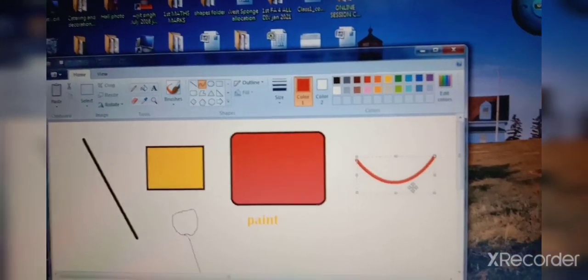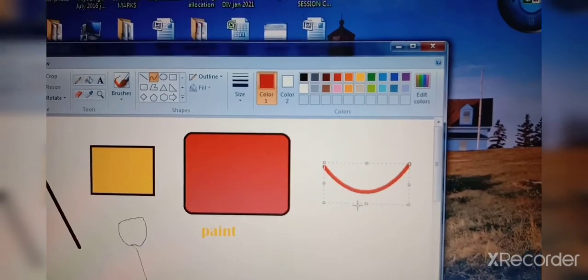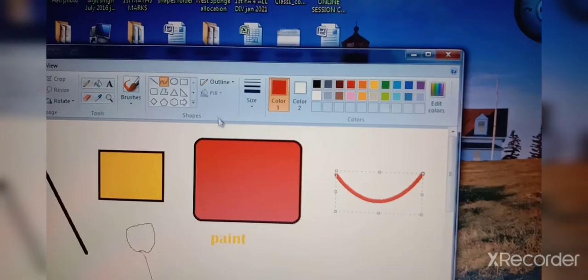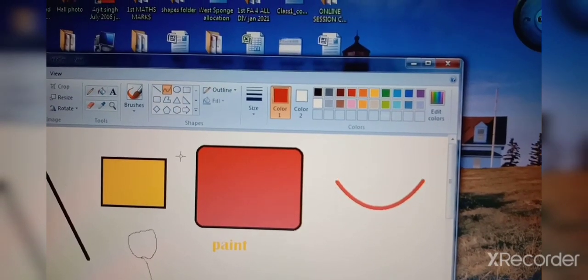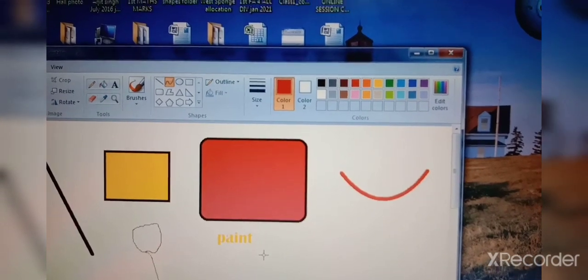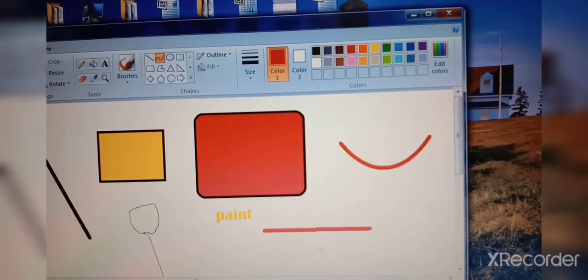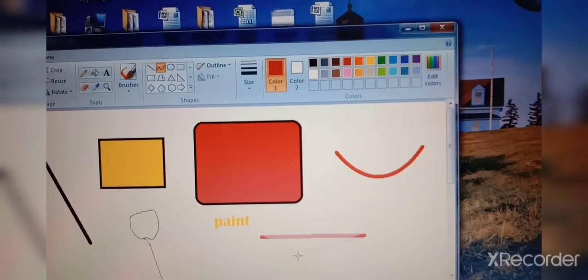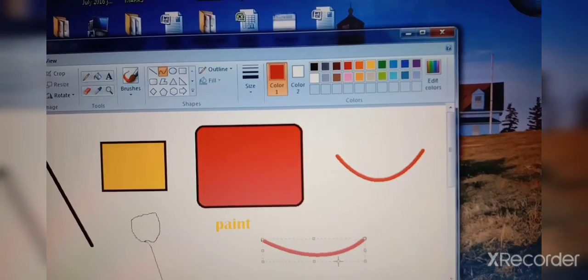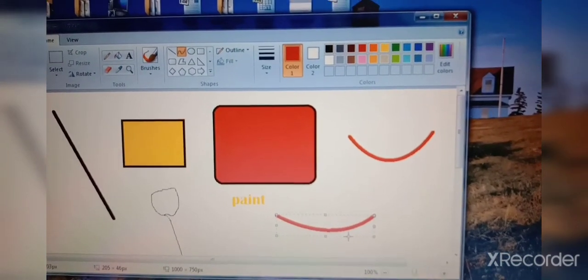See. This way you can draw. Understood, children? How to draw curve? I will show you again. Click here on the curve tool and draw one straight line with the curve tool. Click 2 times. 2 times only you can modify the curve. Okay? Only twice. Understood, children?